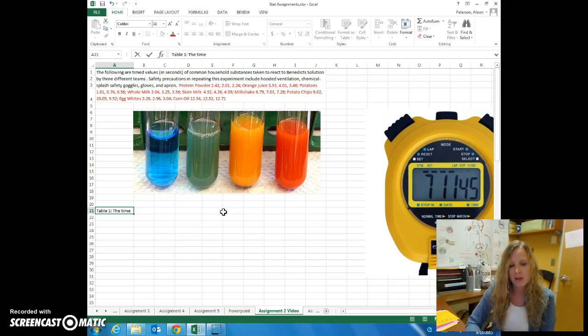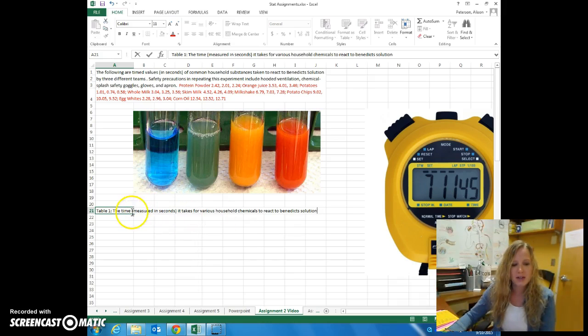So we'll say table 1 because it's the first table, the time measured in seconds it takes for various household chemicals to react to Benedict's solution. We then would need some sort of uncertainty. So perhaps I'll do this as commas instead of that, and then to add in, you'll have to go to